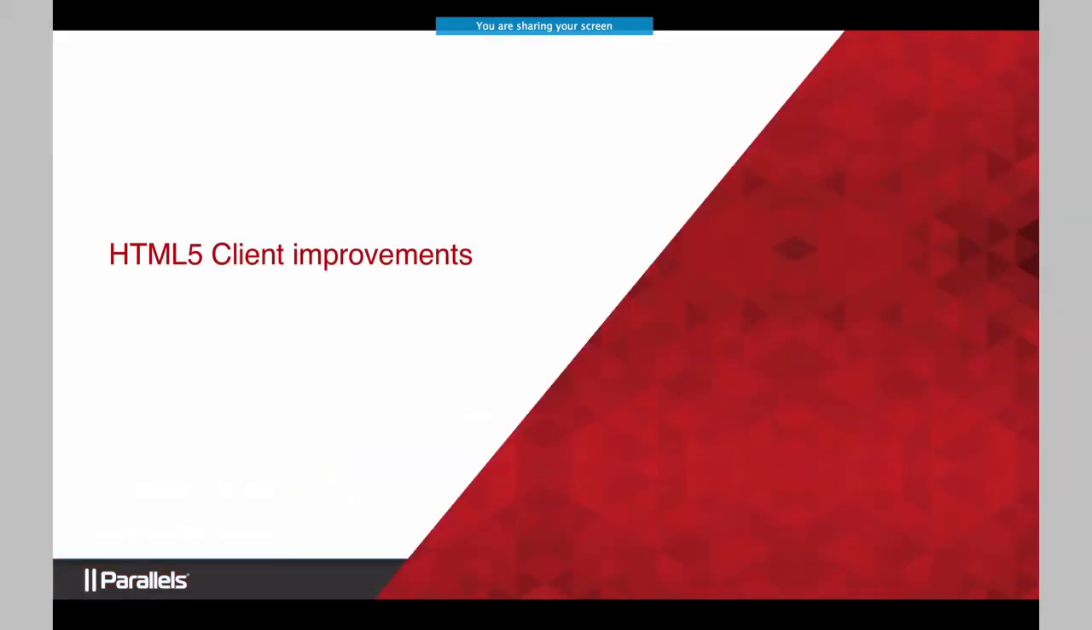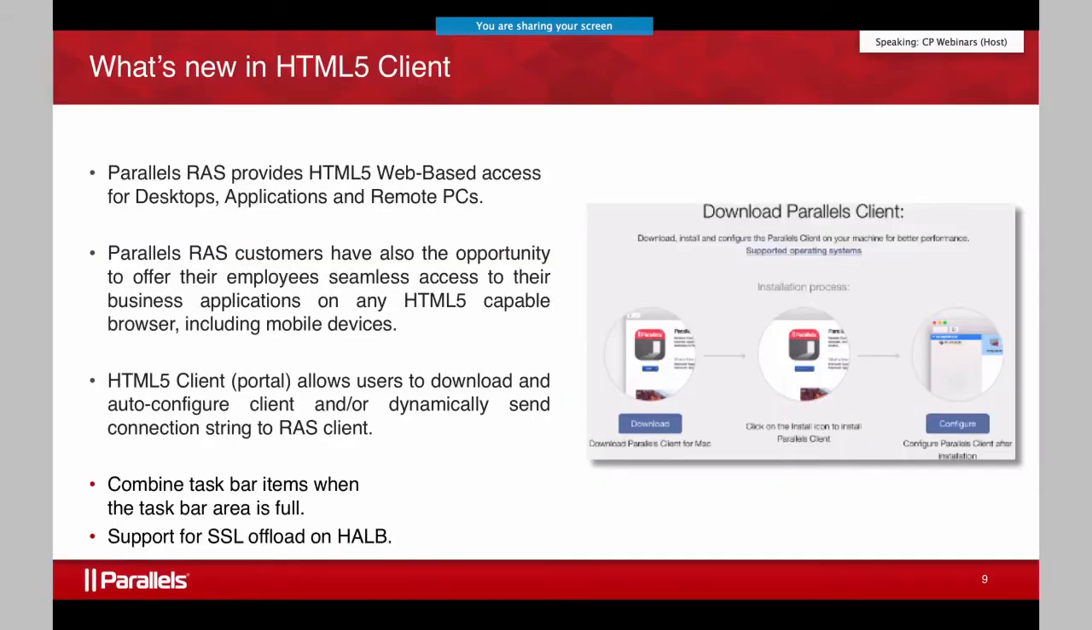In the HTML5 client improvements, there are a few things that we have added, and I wanted to highlight this feature because it comes across in many conversations we have with customers. Now, the HTML5 web-based access works for applications, for desktops or published desktops, VDI, and as well for remote PCs. What we have changed in Update 2,